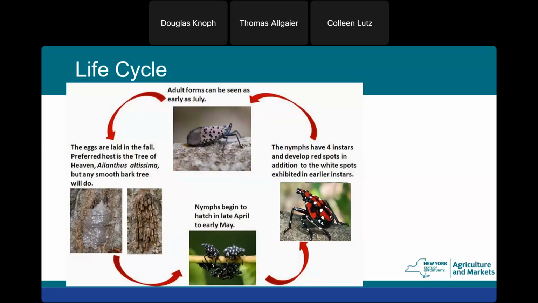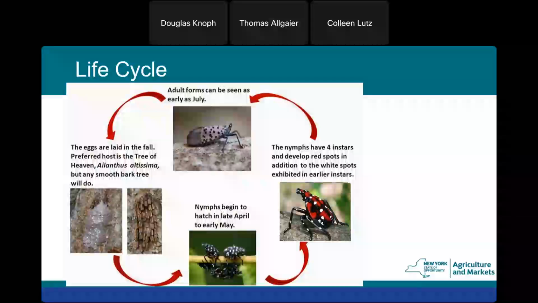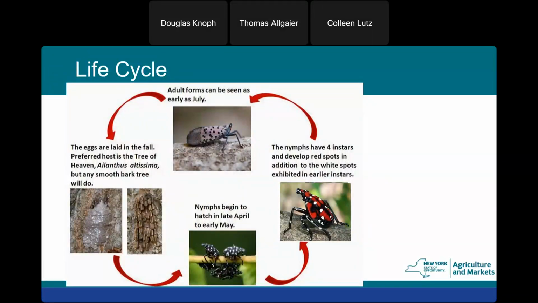And when they first hatch out, they're really, really tiny, about the size of the dot after the word May. That's how small they are when they first hatch. They will molt 3 times, still retaining that black and white color. And then the 4th time they molt, they'll develop these red wing pads or red markings on their wing pads. At that stage, they're about 1/4 of an inch to half an inch in diameter, and they're very easy to spot in the environment. They're plant hoppers, so they like to jump around.